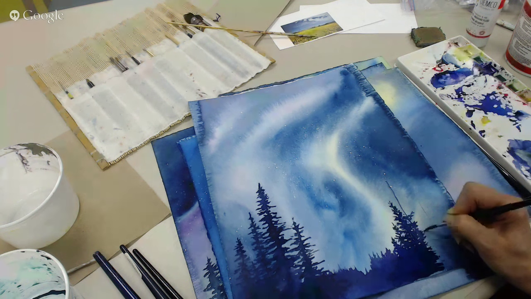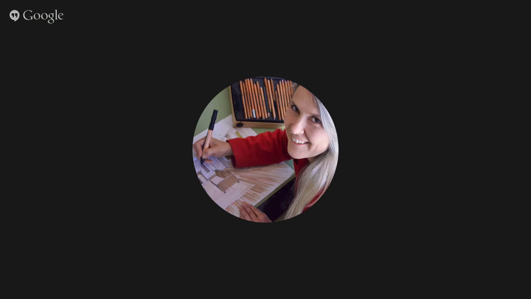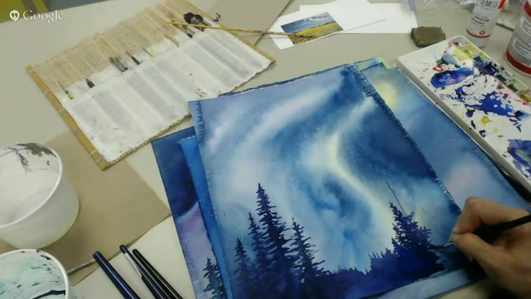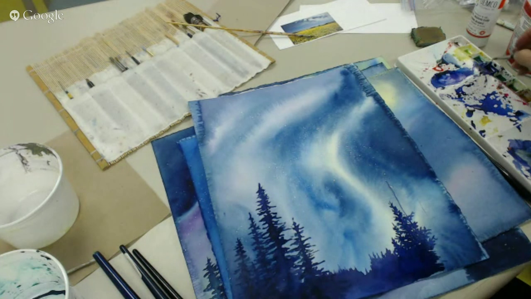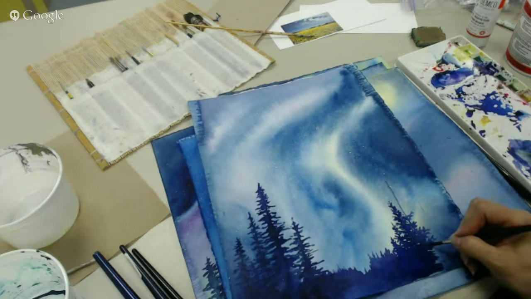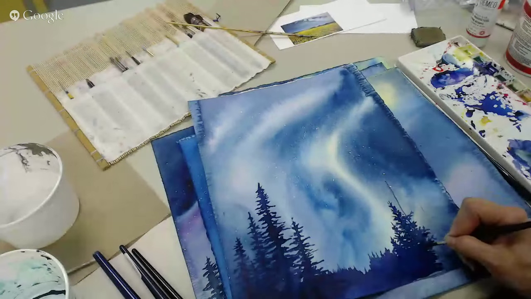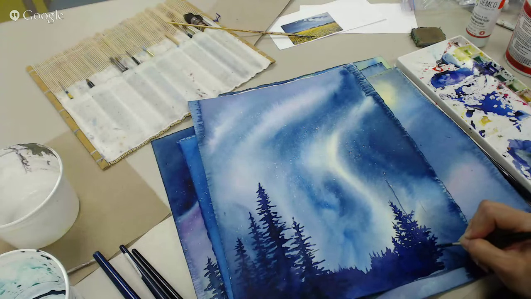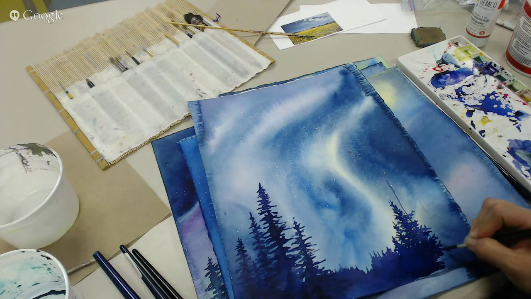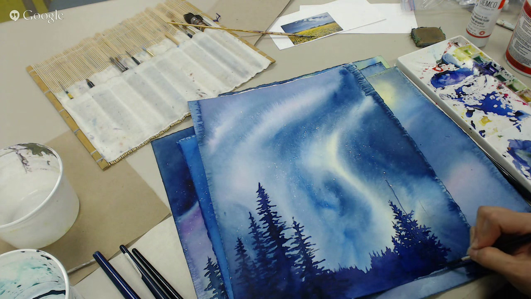So if you're going to be doing this from a photo, look at a photo. I know for a lot of us, we don't have access to the boreal forest. That'd be great, and plus be kind of cold, but you could look out your window. So whether you're working from real life or from a photo, do look carefully either way at the growth pattern